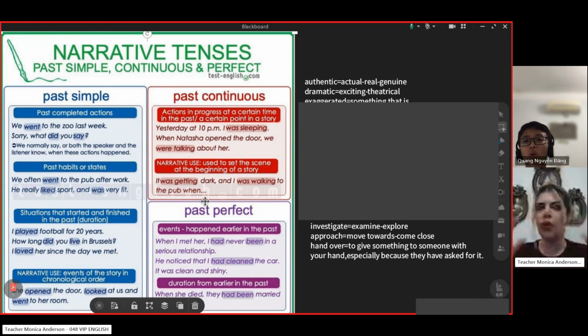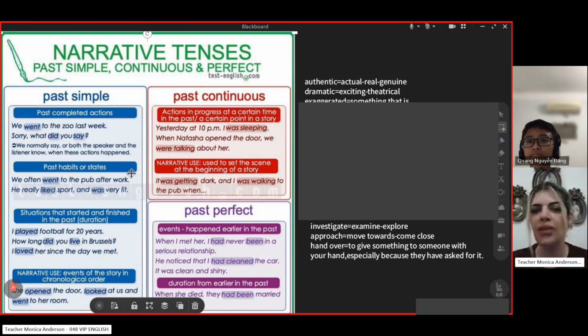What does it mean? For example, you want to tell a story, write a story. Of course, you need to write about the first and the beginning situation, condition, and the scene of the story. So we say, for example, it was getting dark. I was walking on the street. So as you can see, I'm trying to explain the scene so that you can understand where something happened. So we can see past continuous at the beginning of stories.